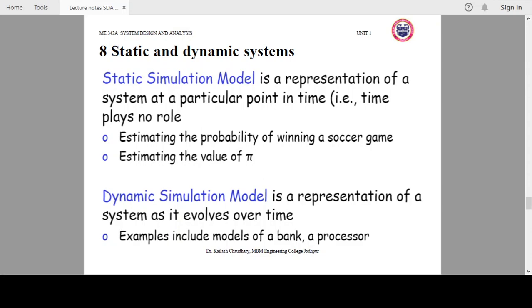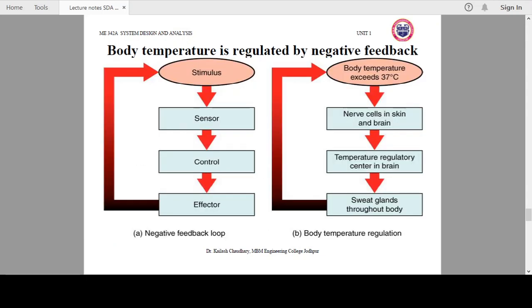So it is considered over a long period of time, like models of bank and processors. So a dynamic simulation model takes time, while a static simulation model works for a particular point of time. Now we'll see various kinds of systems with a few more practical examples that you have